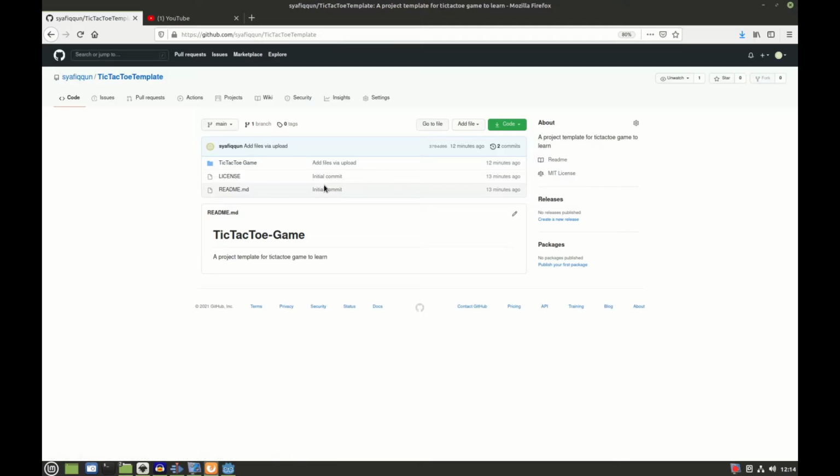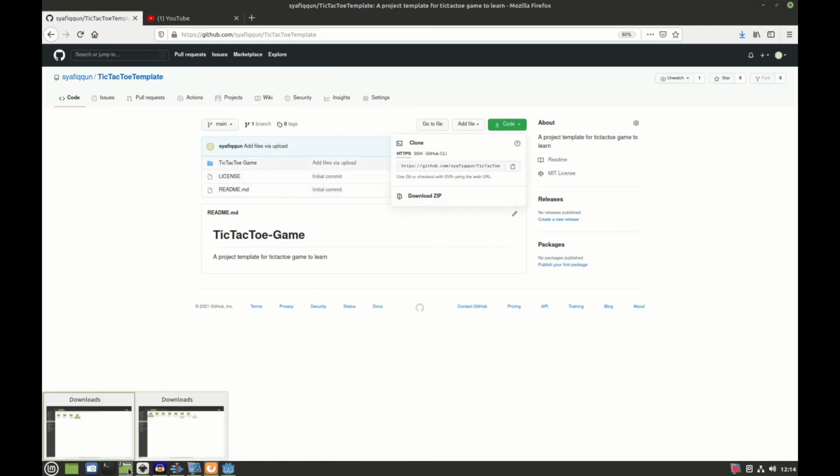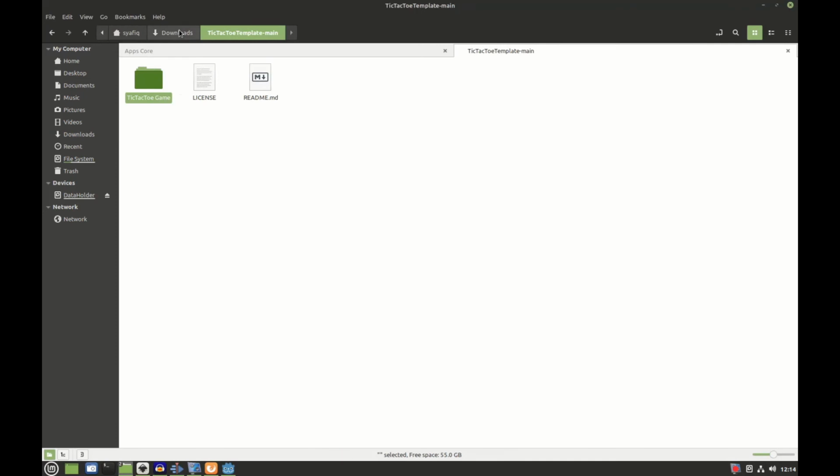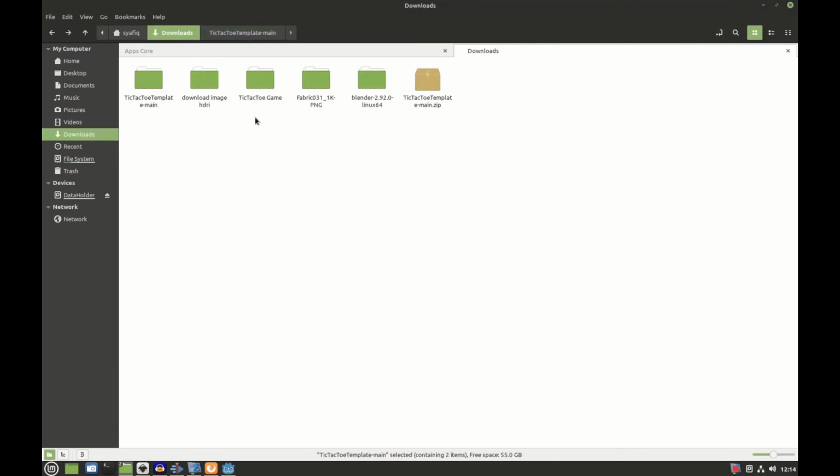So go to the project in the links below and download the zip file. So go to your projects and then extract the file, and then open up that extracted file and move the tic-tac-toe game to a place where it is easy to find, and then open up Godot